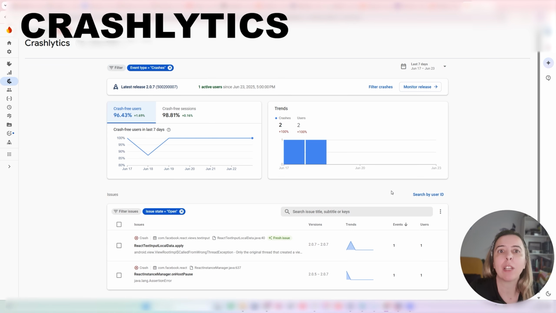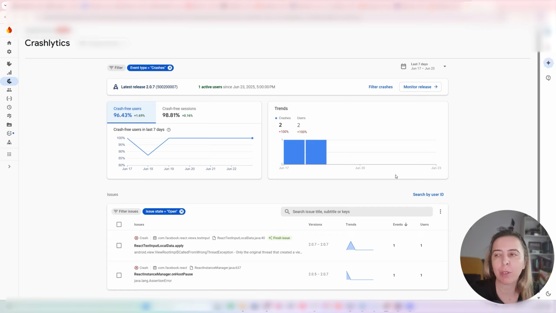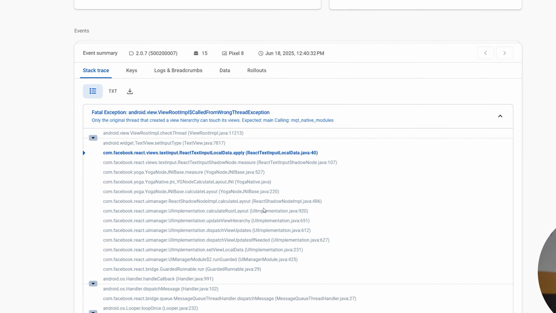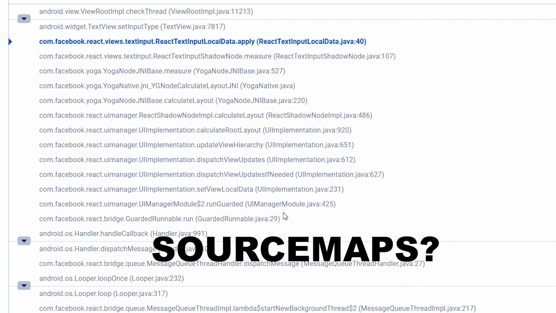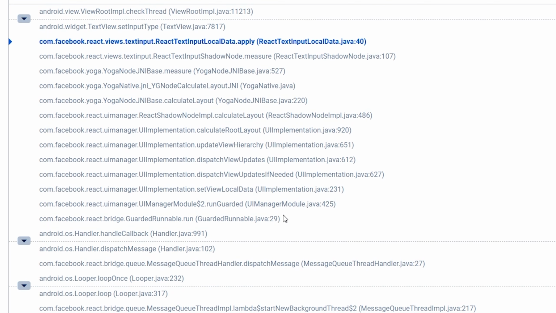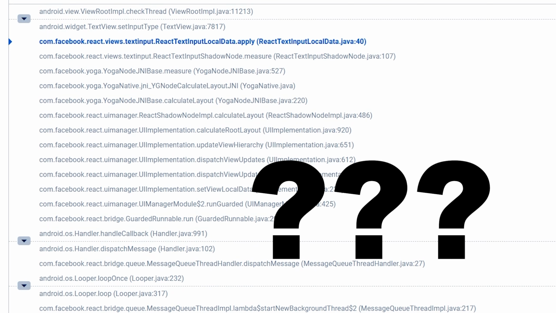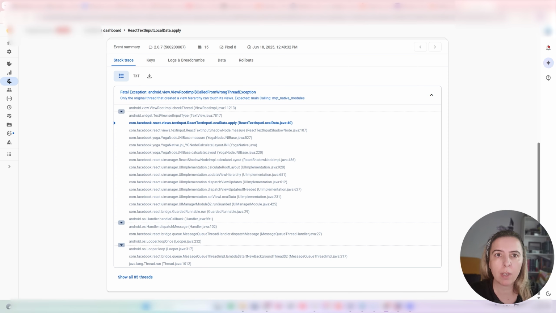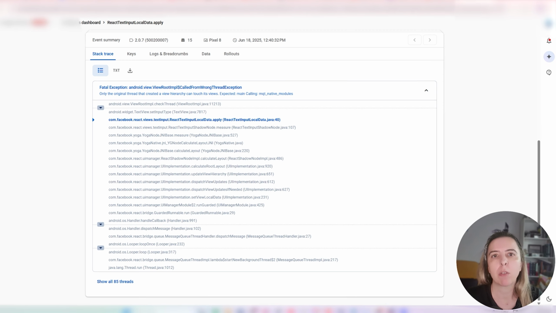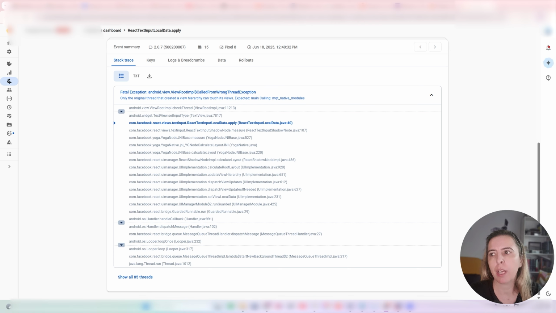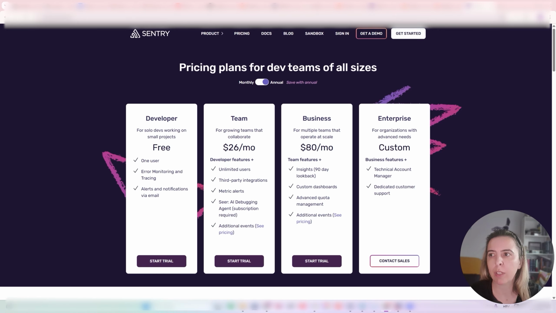Crashlytics is free and great for native crashes, very simple to integrate, but the bad thing is there is no source map support and there is no plan to add source map support. So the errors that you see are quite cryptic. Compared to Sentry, I remember I had a case where Crashlytics caught the native crash and Sentry didn't, although Sentry can also catch native crashes. I don't remember which case or when, but from my fuzzy memory, Crashlytics is slightly better at catching native crashes. And I don't have any bad things to say about Sentry.